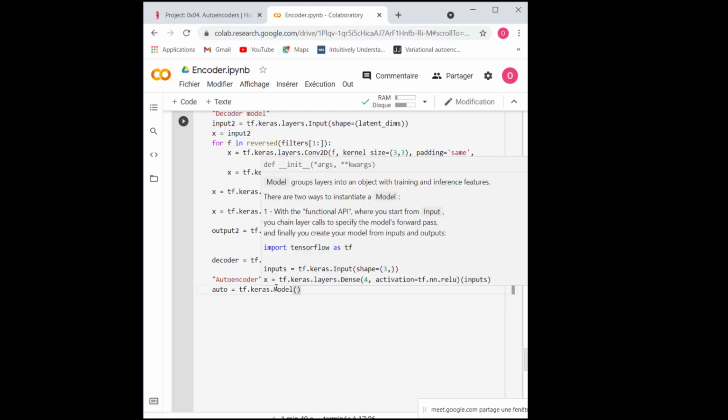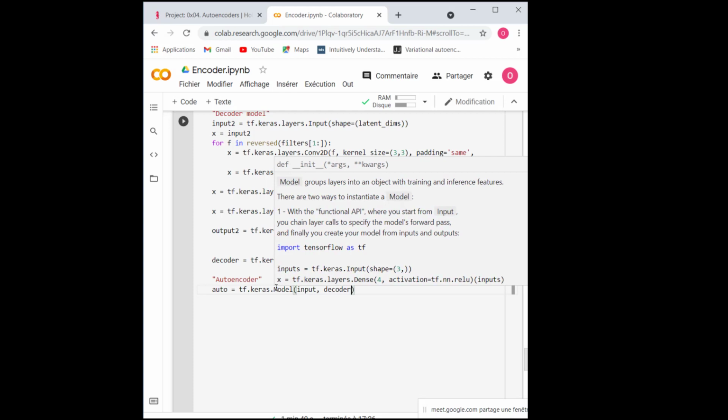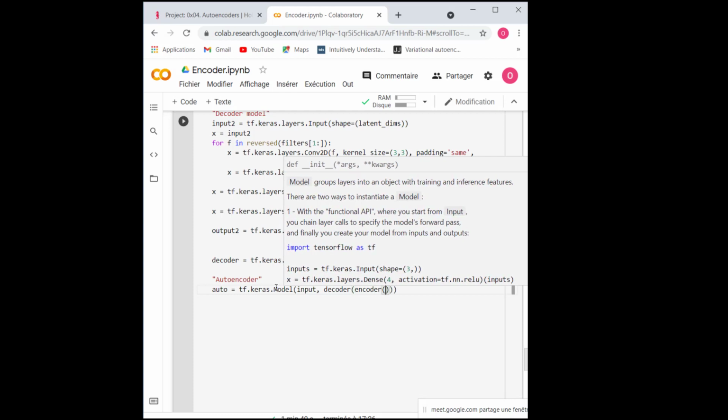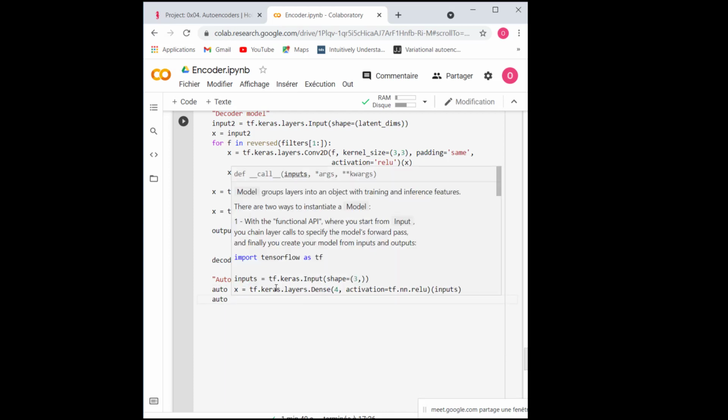It's going to take the first input, and the decoder applied to the encoder of the first input. Now I'm going to construct my compiler.